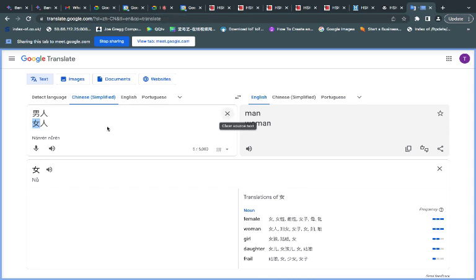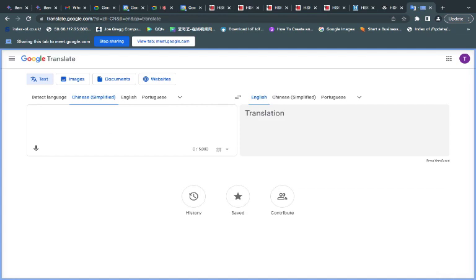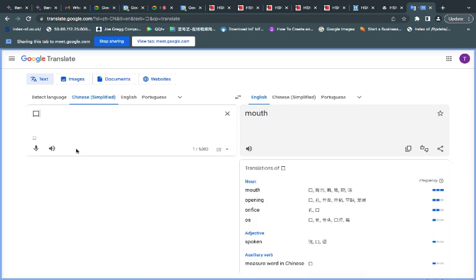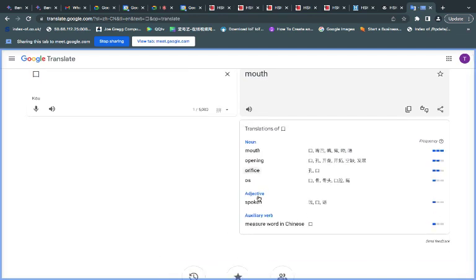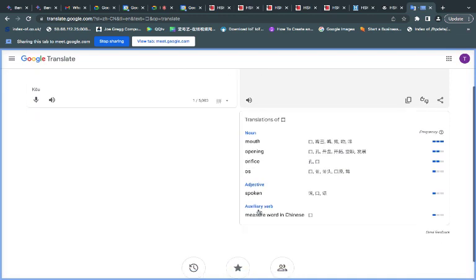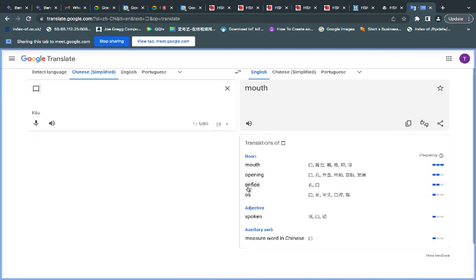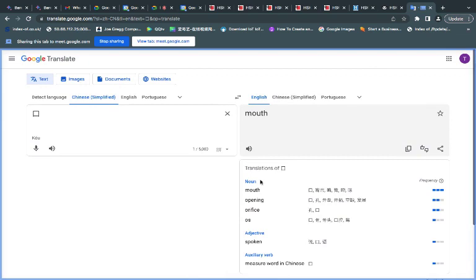He also gave us another one, which was mouth. You remember? It's just like a box. He said if you're eating a hamburger, your mouth goes wide like that. So it can also mean an opening, and sometimes if it's used in connection with people, if you say I feed two mouths, that means you're feeding two people. So sometimes mouth can be used in reference to people as well.